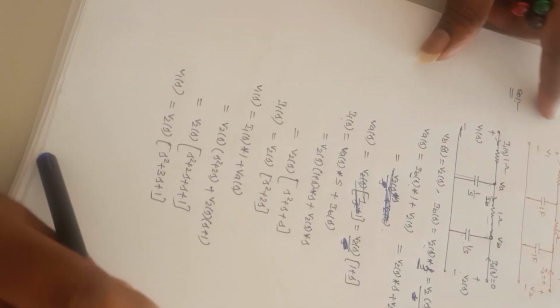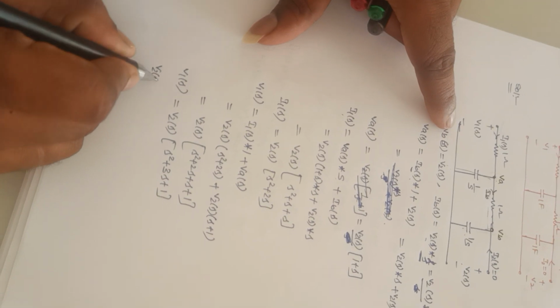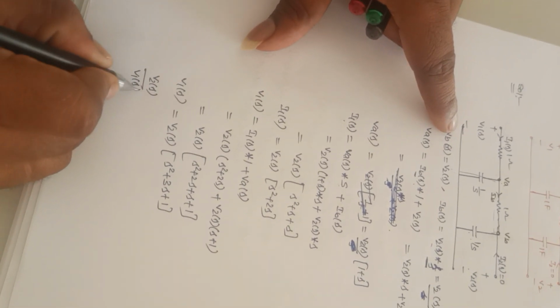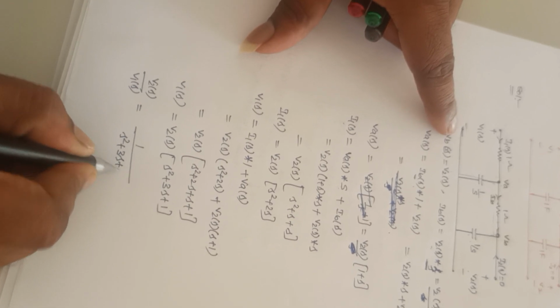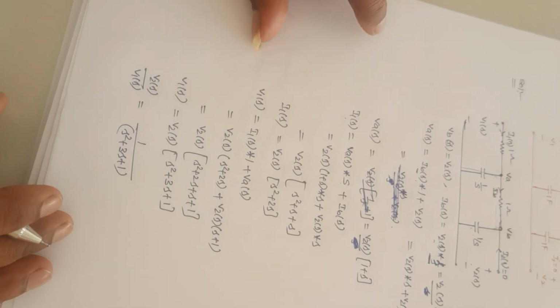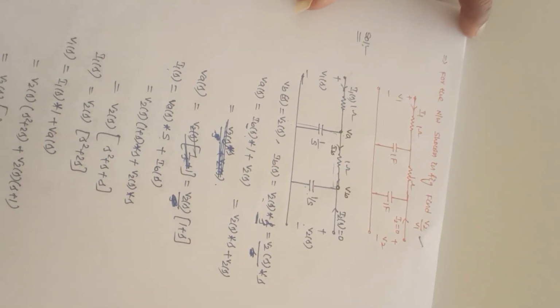Now what I need to find here is V2 by V1. So from this, V2 of S divided by V1 of S is equal to 1 by S square plus 3S plus 1. This is how we need to solve whenever this type of ladder networks are there in the problem. Next, another problem here